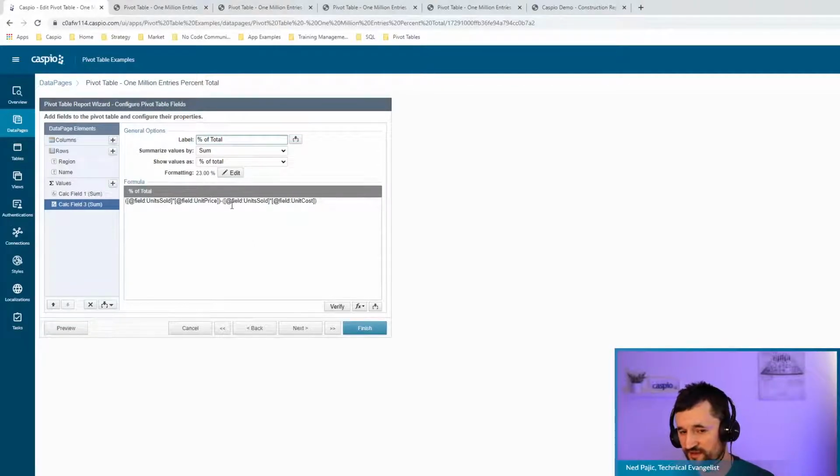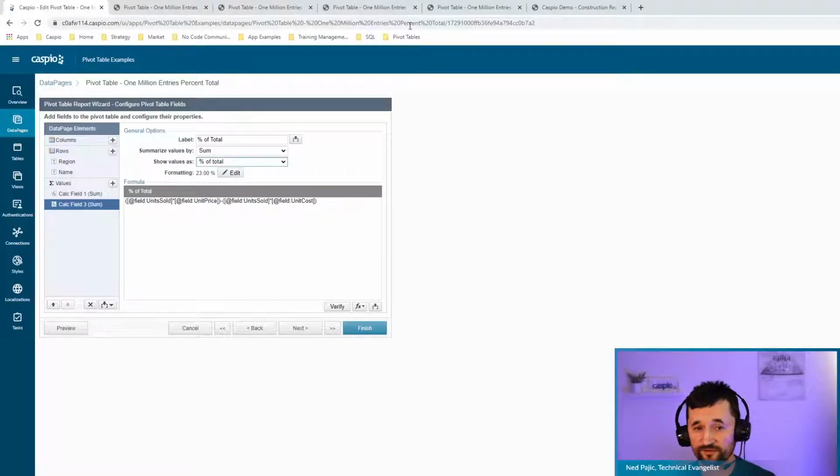It's the same exact formula, but instead of show as no calculation, I'm showing it as percent of total, which looks at the column before and gives me the percent of total until we get to 100% profit. A good way to understand percentage-wise where the revenue is coming from,